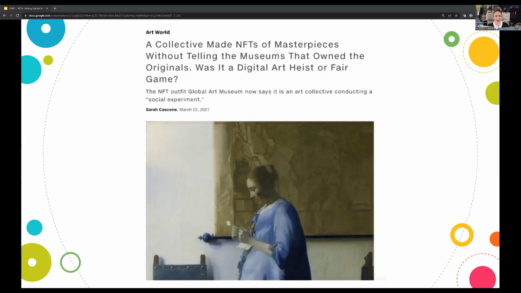a statement that this was just all a social experiment, a marketing ploy for their animated GIF-based art collection based on classic works. But the subsequent conversations that cropped up as part of what GAM was aiming for, and I think really spurred the whole NFT marketplace to understand that there's not a lot of regulation that's currently going on.